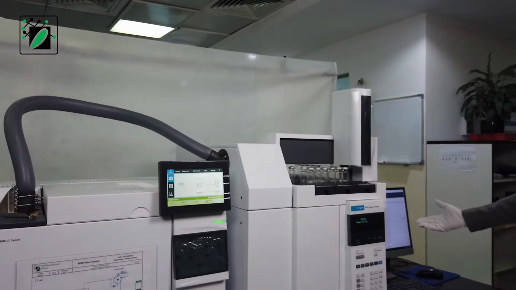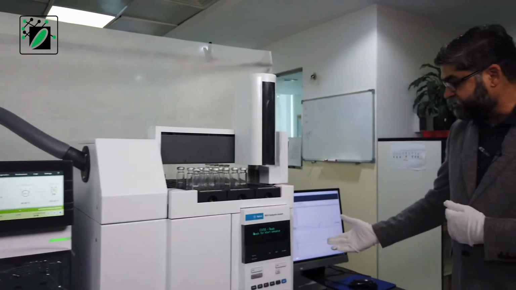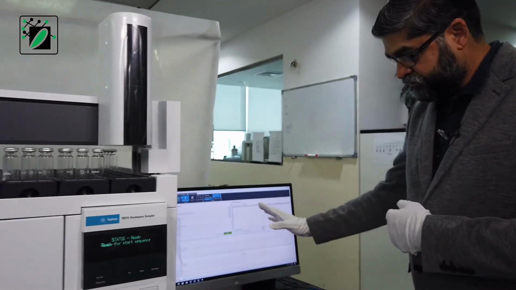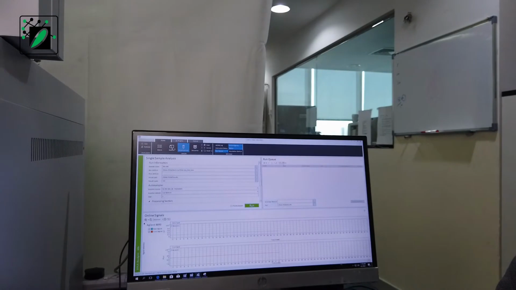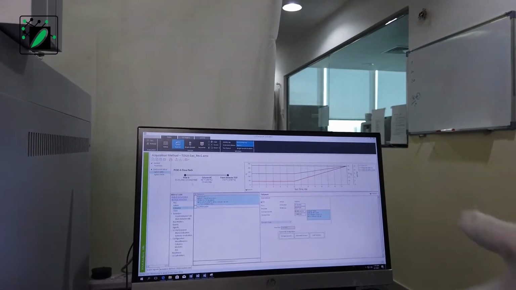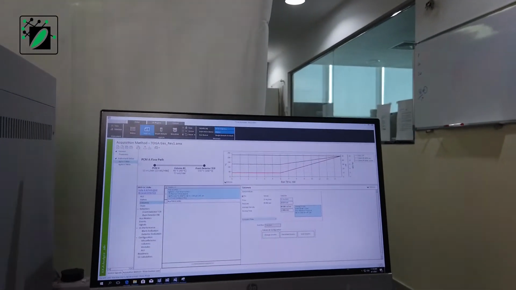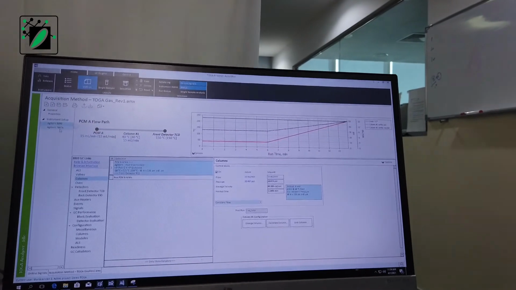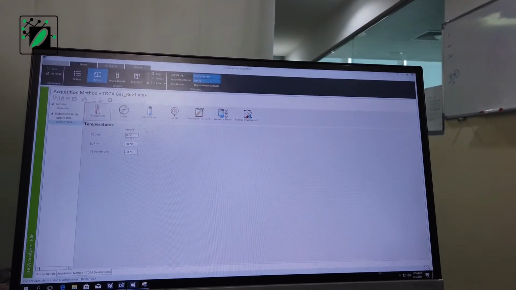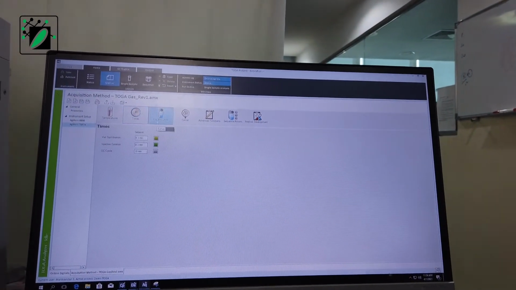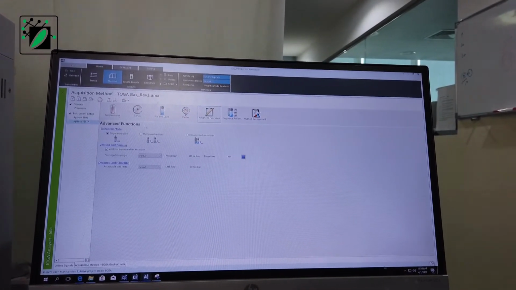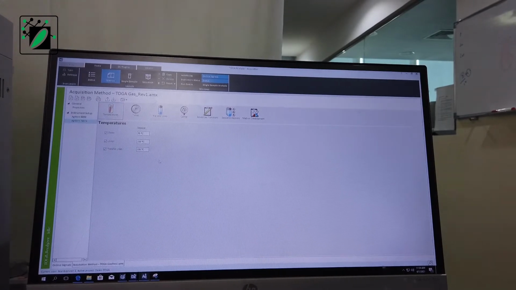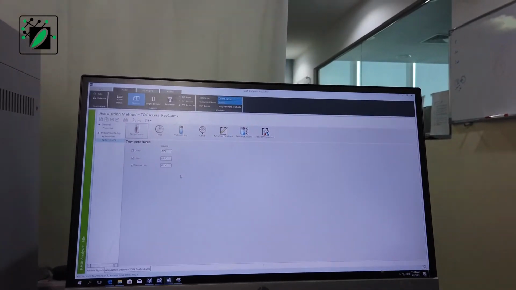You can also see there is an OpenLab CDS software here which is connected to this Toga analyzer, and you can see the method here where I can show you all the GC parameters, and I can also show you all the headspace parameters. So we will go into the details in a short while. Let me take you to the hardware and the configuration of Toga, which is the valve diagram.